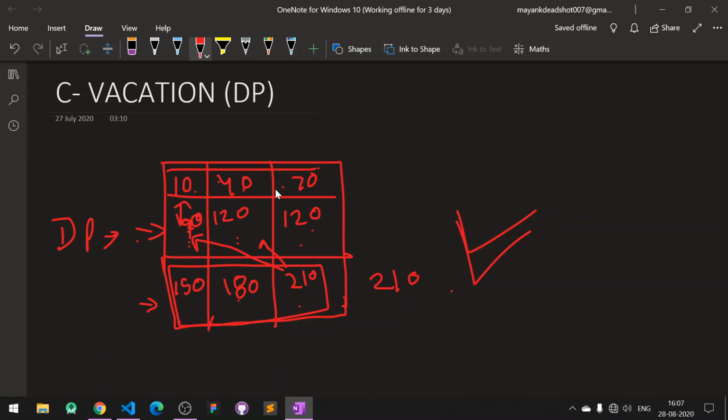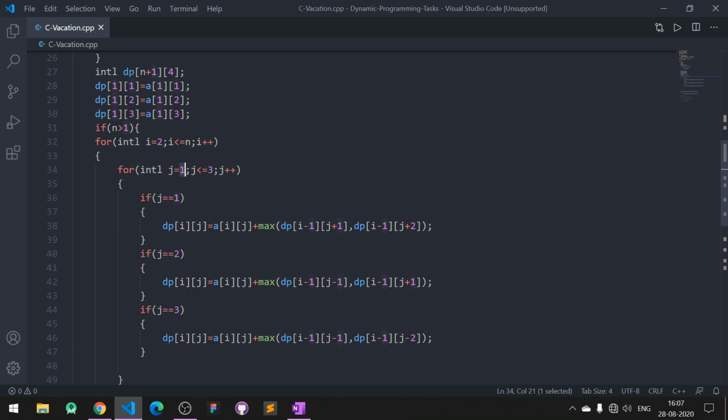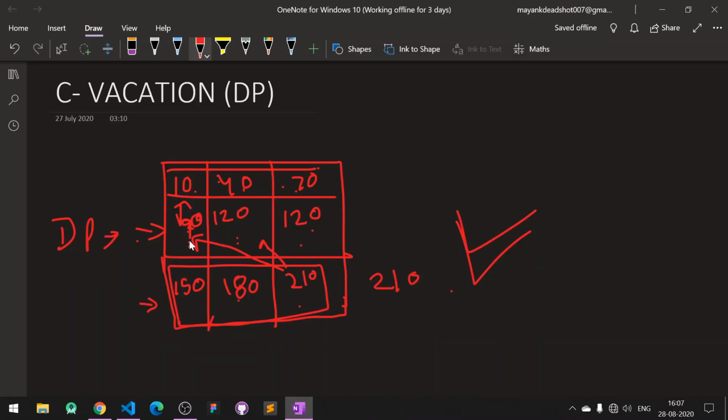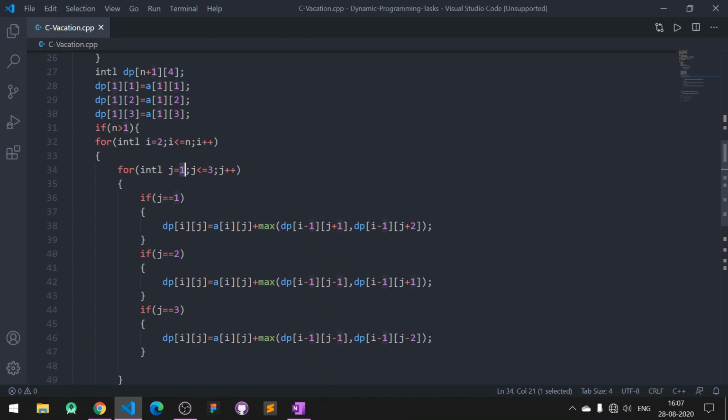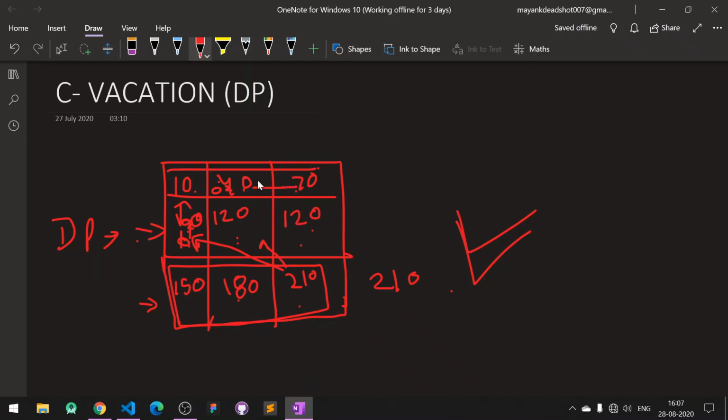We can only come from this side or this side, which is i minus 1 comma j plus 1, and i minus 1 comma j plus 2. So we take the maximum of these two.